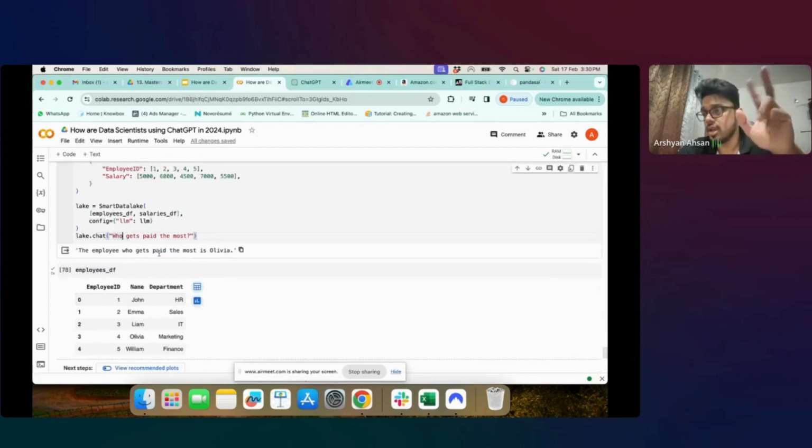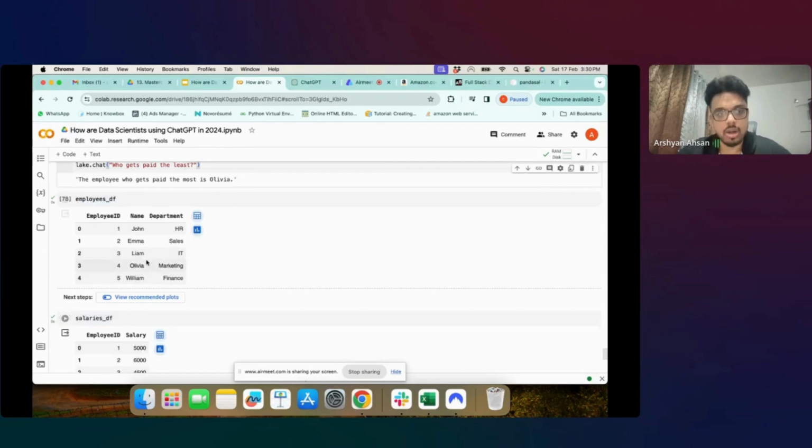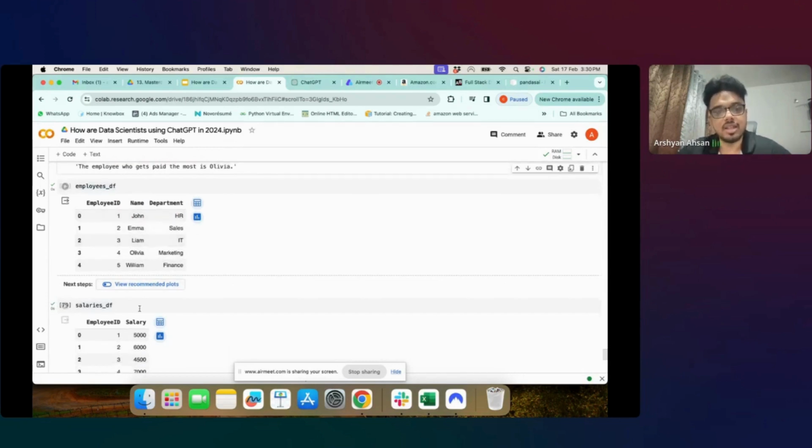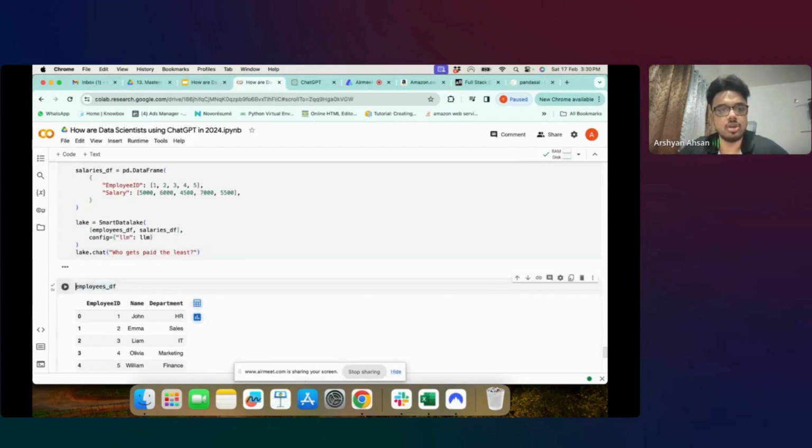So now then I can ask questions that will be contextual to both the data sets. तो मैं दोनों के कॉम्बिनेशन के हिसाब से क्वेश्चंस पूछ सकता हूँ. जैसे हु गेट्स पेड द मोस्ट या फिर हु गेट्स पेड द लीस्ट. ठीक है, इसके लिए उसे क्या करना पड़ेगा, दोनों डेटा को कंबाइन करना पड़ेगा. एंड देन सैलरी के हिसाब से सॉर्ट करना पड़ेगा, और जो फर्स्ट रिजल्ट आएगा दैट इज द लीस्ट, राइट? दैट इज व्हाट इट शुड आइडियली डू. लेट्स सी क्या रिप्लाई आता है.